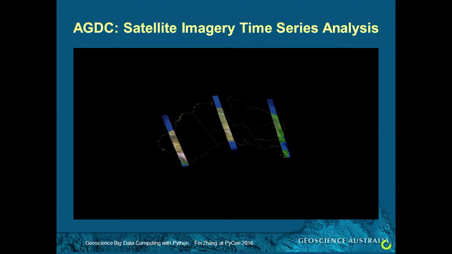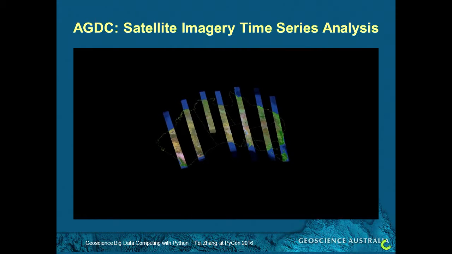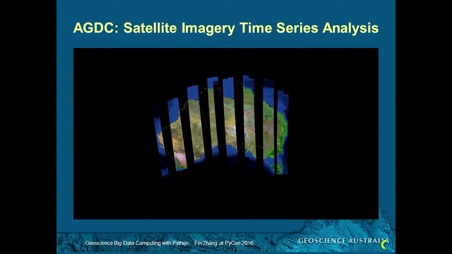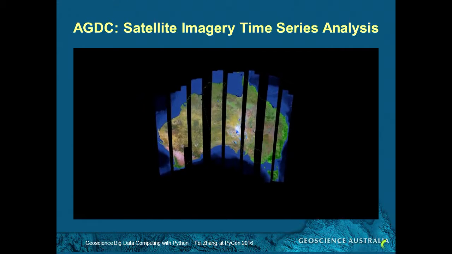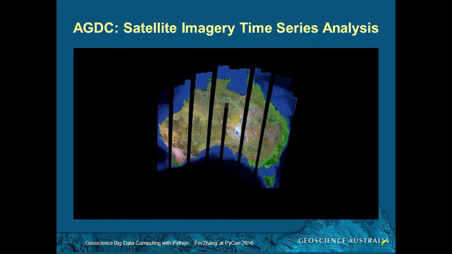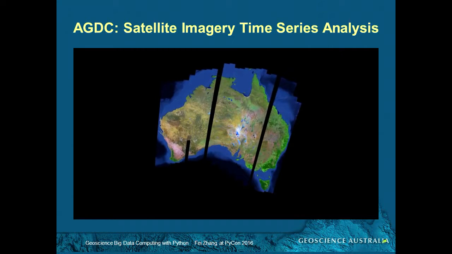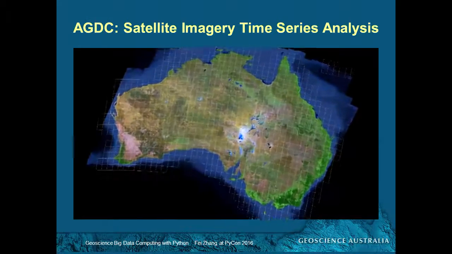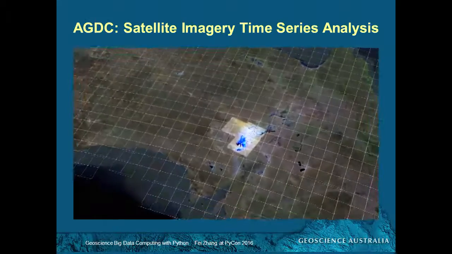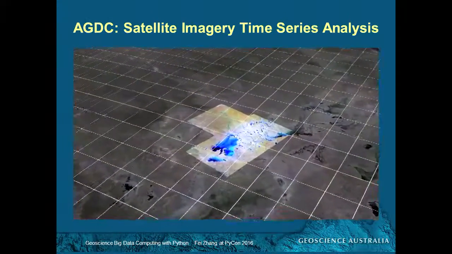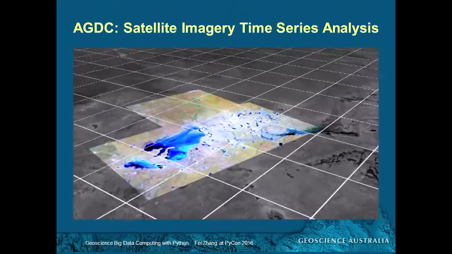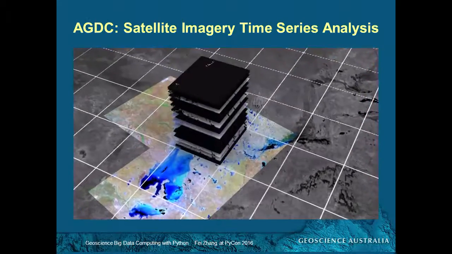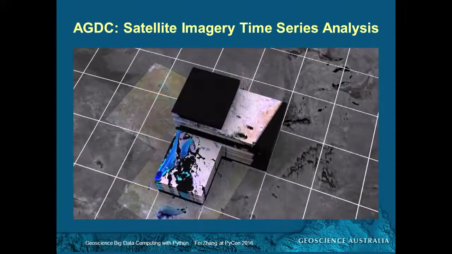Here I quickly show you this video, to give people some idea what satellite imagery looks like. When a satellite passes Australia, it takes images along its footpath, and over a period of time, you will cover the entire continent. In the case of Landsat, it takes 16 days to cover every area of Australia. It's a 16-day revisit cycle. So over many years, we cover the continent many times. That's why we have a time series.